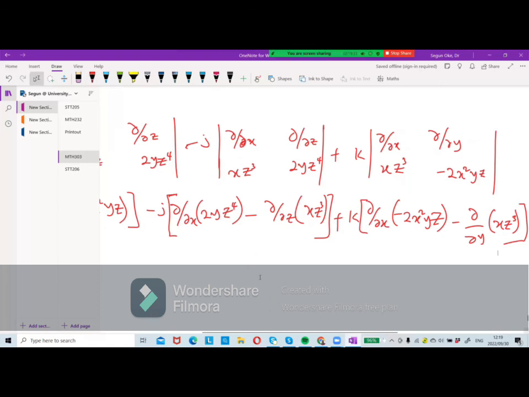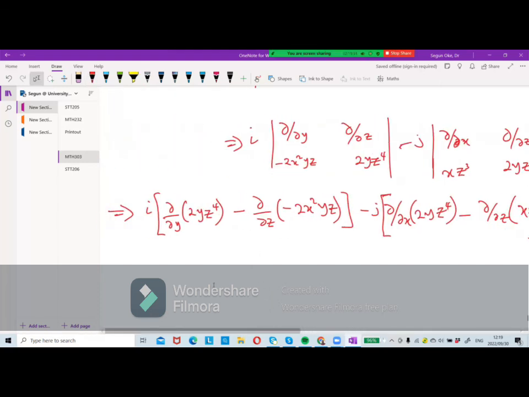Okay. Now let's differentiate one after the other. So 2z^4, this one will be what? 2z^4 minus, times minus 2x, plus 2x^2 y